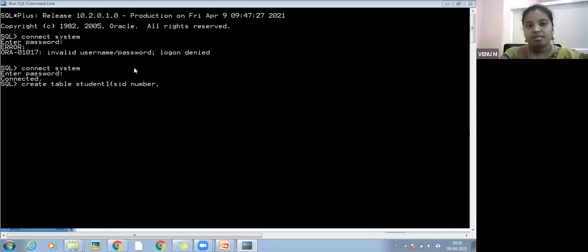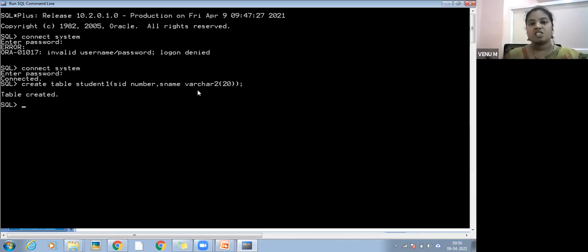The first column name is SID, meaning student ID, and the data type for the attribute is number. For example, the second is SNAME, varchar2 of 20, meaning the data size is 20 and the data type is varchar2, variable length characters. I am creating only two columns for the table.